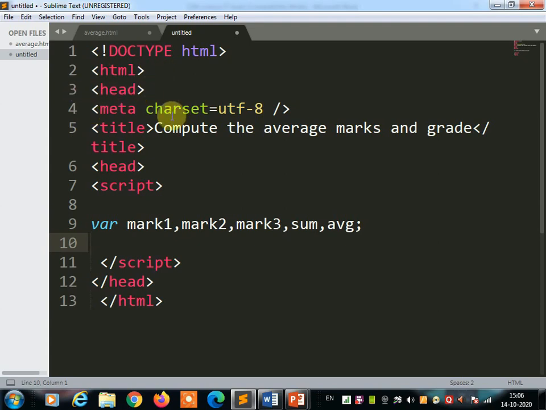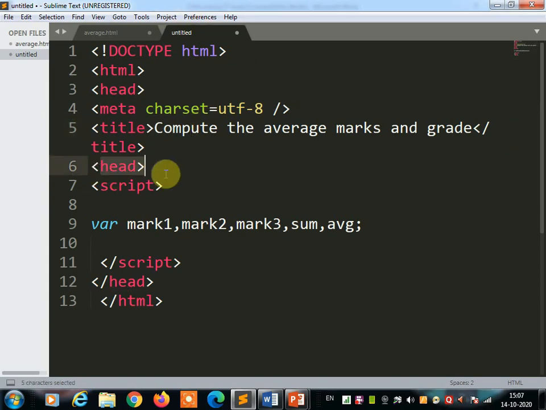Then you can write meta charset UTF-8. So we can easily identify this JavaScript program. Then for the title, you can give the title, compute the average mark and grade, which is given in your textbook. That title you have to give, so the user can understand what the program does by looking at the title. This title will be displayed on the title bar of the browser.